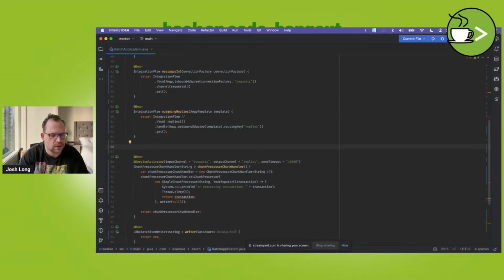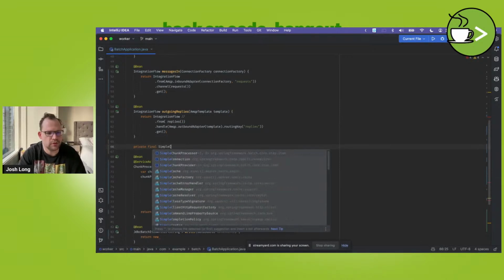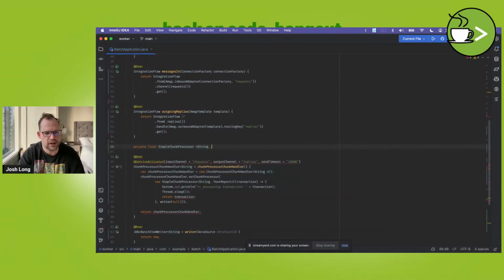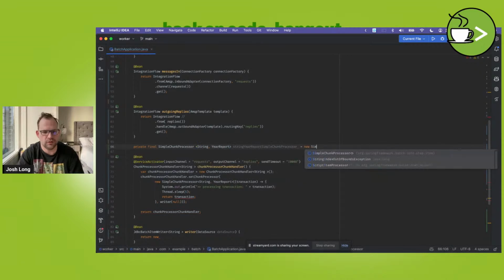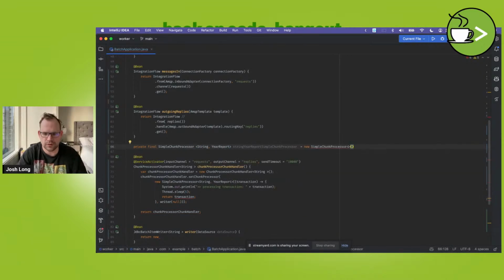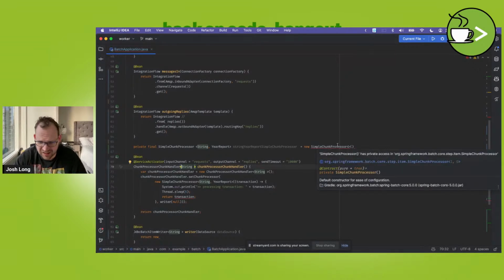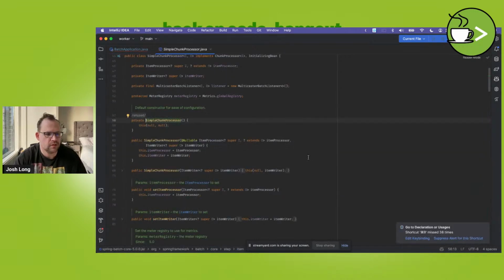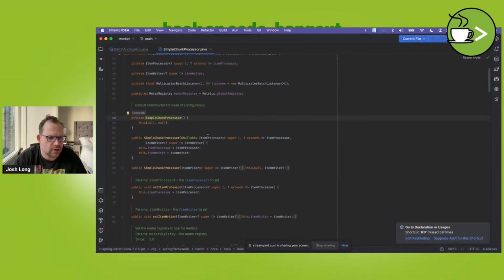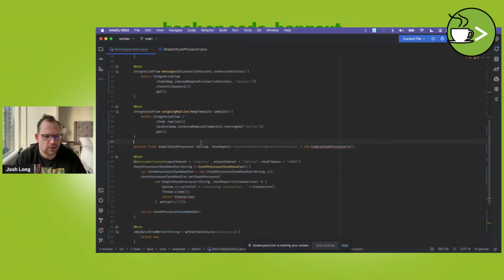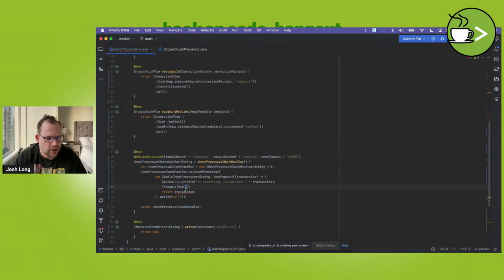So private final simple chunk processor, string in, year report out, new simple chunk processor. And, oh, what is this? You have to return an item processor and an item writer. So there's really no reason to do that. Let's just do that. So we can say